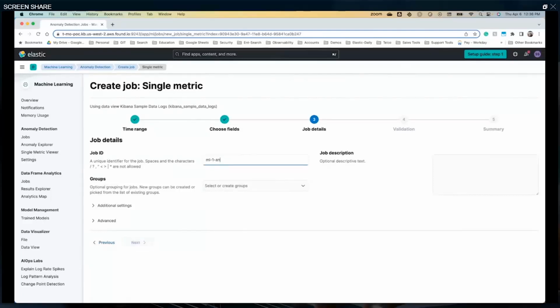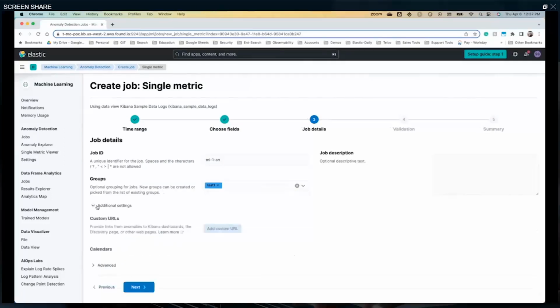And if you want to create a tag or a group or whatever it is, you can go ahead and create it here, right? Like test one in this case, and press enter. It's going to create a group. Now, if you want to put a different machine learning job in this group, you can just drop it down and choose this one next time. There are some additional settings which you can do.